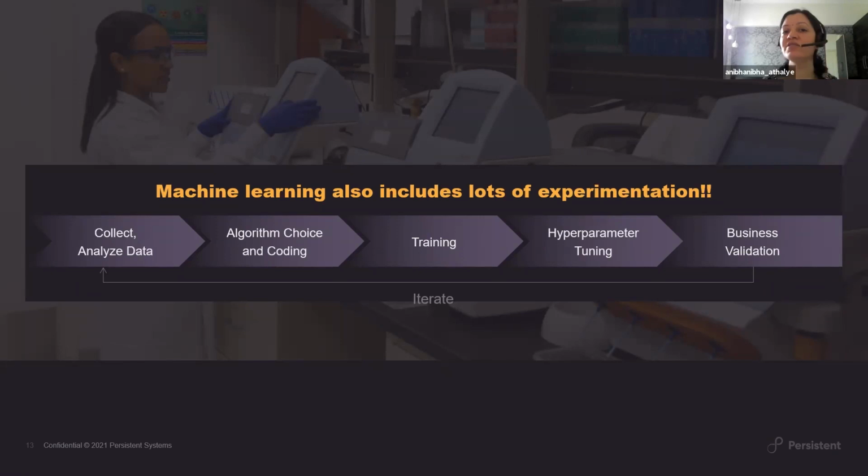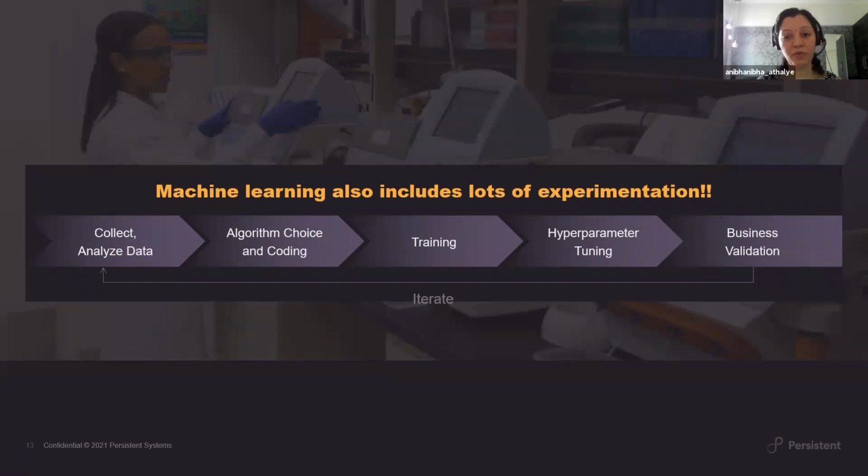You can iterate over the various machine learning algorithms that are available to choose the best one that can give you the outcomes, go through the tuning part of it, and then present those outcomes to a business validator to ask, is this good, is this bad, is there something else I need to do to get a better outcome, and then this process is iterative. Most of the time there are at least, if not 20 to 30, iterations that happen to get to the first draft of a model that is presentable, something that can be shared with the business users.